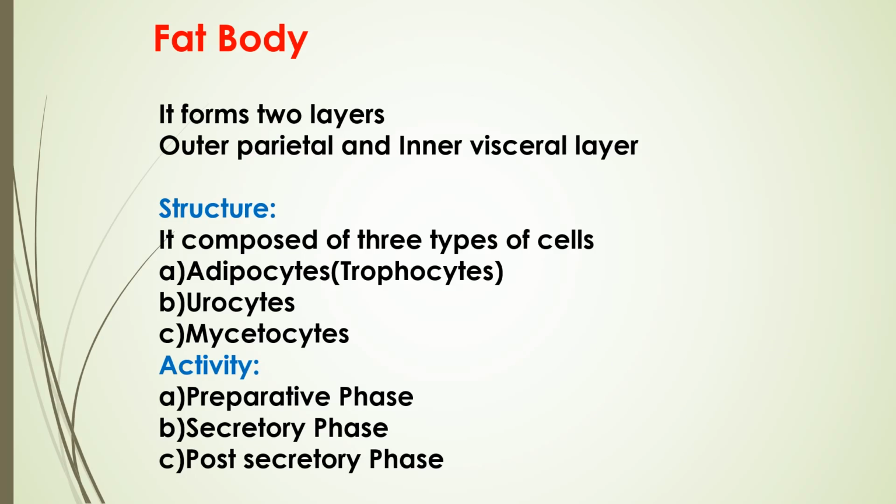The fat body is found in the hemocoel cavity. This TS of the body shows three parts. The dorsal part is called the pericardial space, the middle part is called the perivisceral space, and the inner part is called the perineural space. Now, the perivisceral space contains various types of cells. They are found in the hemocoel, and the hemocoel contains these fat bodies.